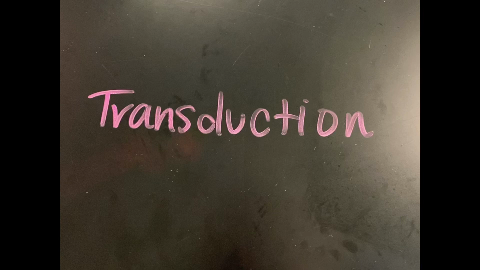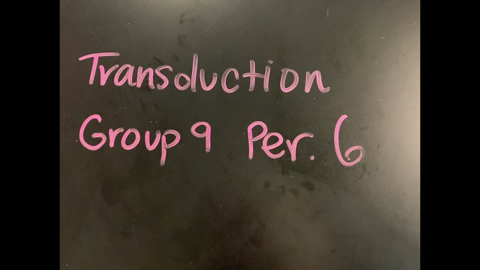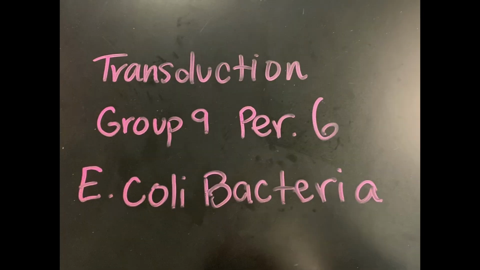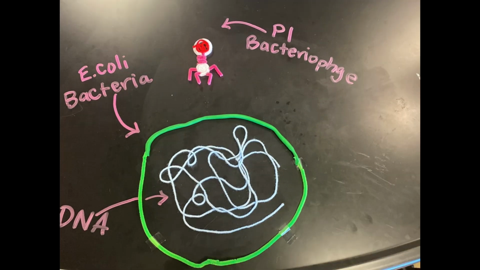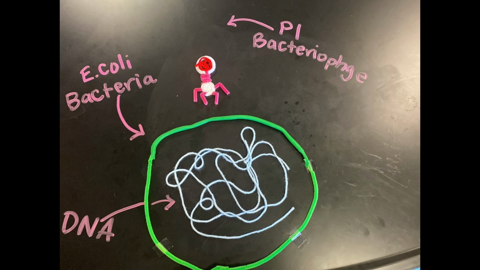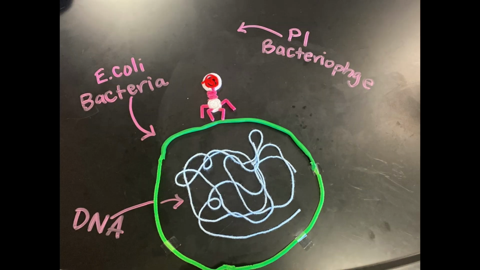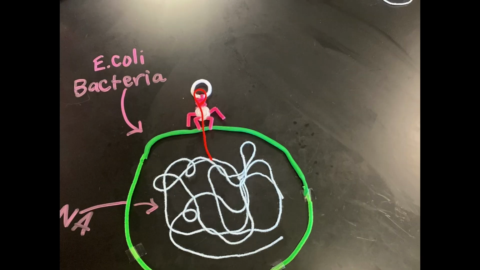Transduction is a gene transfer method where viruses called bacteriophages transfer genetic material from one bacterium to another. They use bacterial DNA to infect a new host cell by injecting it into the genome. An example of this is E. coli. Step 1. Infection. The bacteriophage infects the bacteria cell by attaching itself to a bacterium and infecting the host